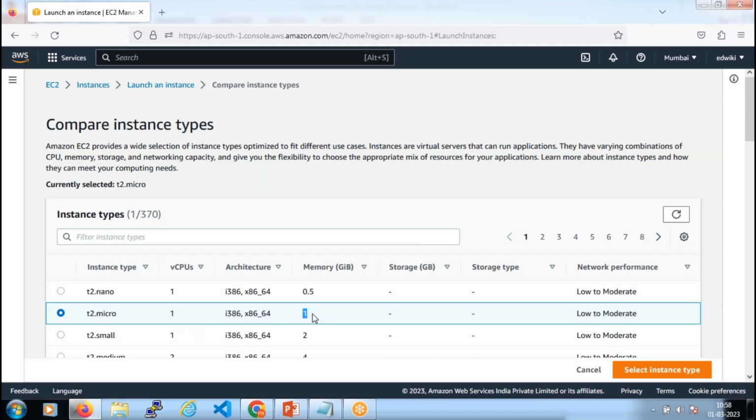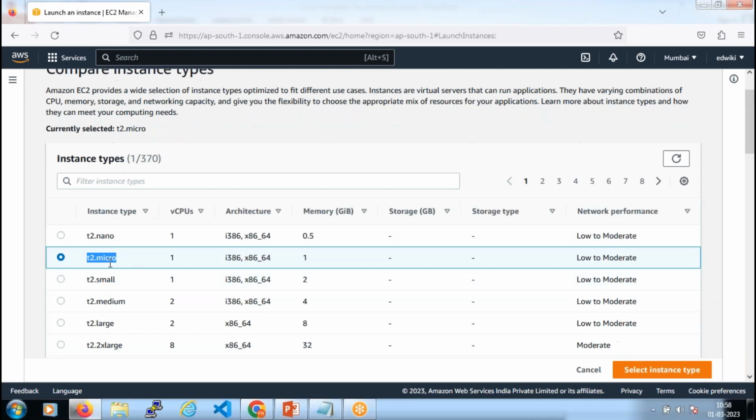AWS has made fixed instance types with fixed processor and memory combinations. So which combination you are looking for, you go and choose that corresponding instance type from the list, guys,